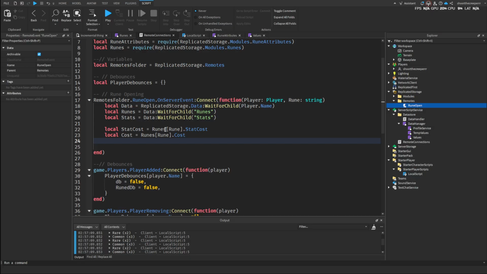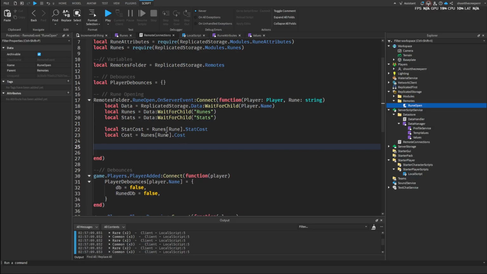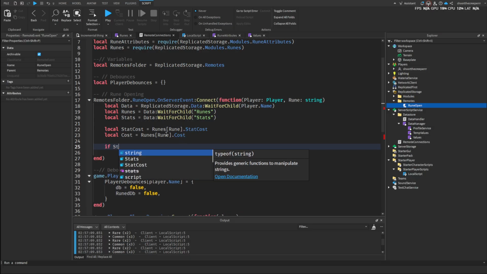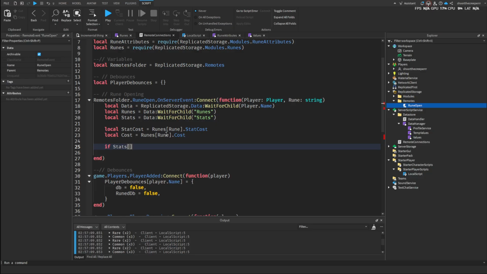So now all we have to do is make an if statement where if this player's stats, bracket means it's just a string, you can type all that. And since our stat cost is going to be cash, and our cost is going to be 100, if the